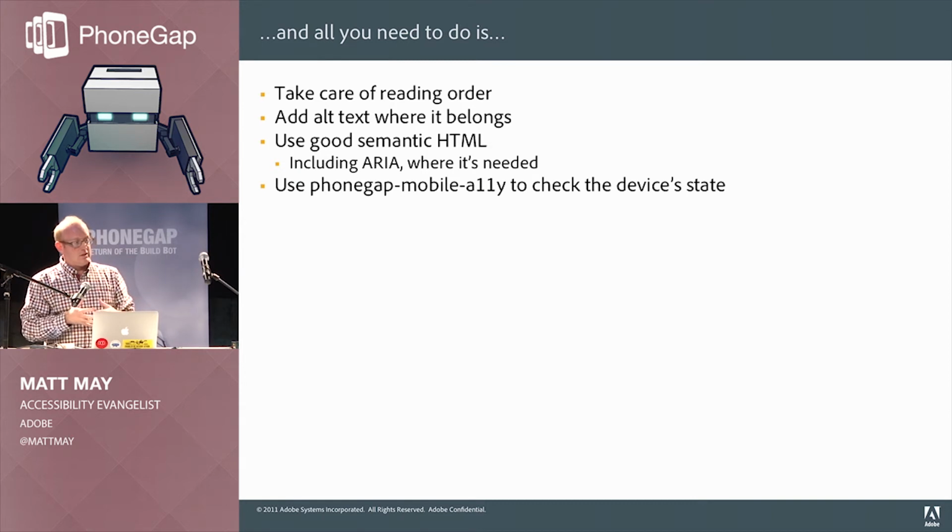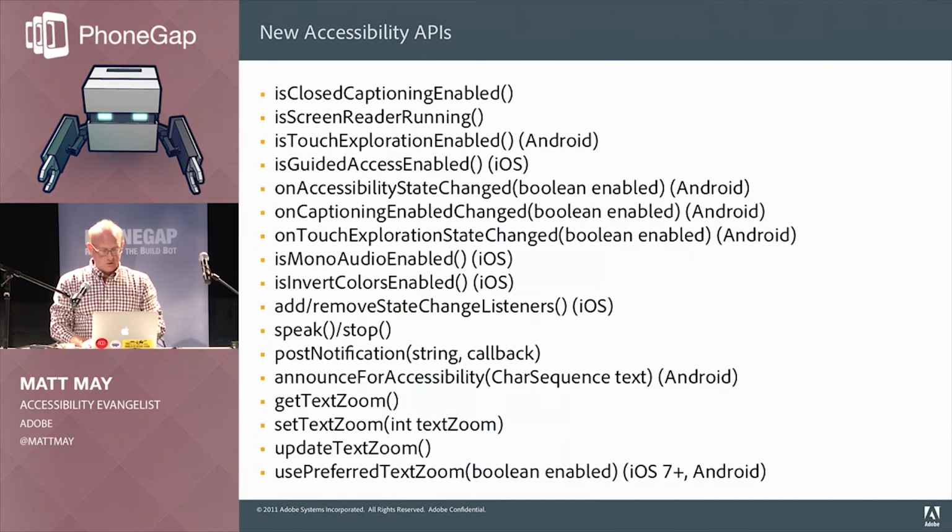And if there are things that you can't do semantically because of some constraint, using the ARIA attributes to set roles on things, to say this thing is a link or this thing is a button, this thing is a slider, are ways for you to get around that limitation. And then anything that you need over and above that, if you need to be able to change a style sheet or you need to be able to reorder some content, then this PhoneGap mobile accessibility module will come in handy. I've got 2 slides to show you all the APIs that you have here.